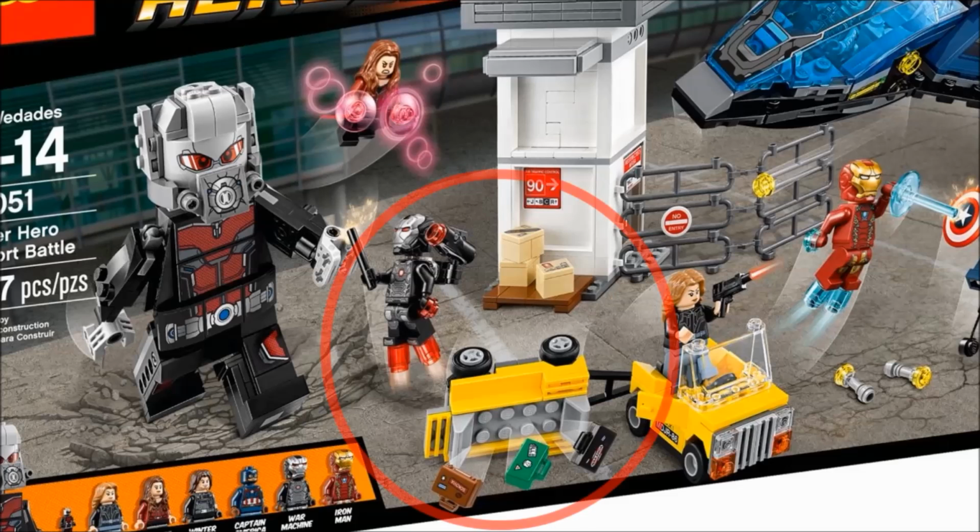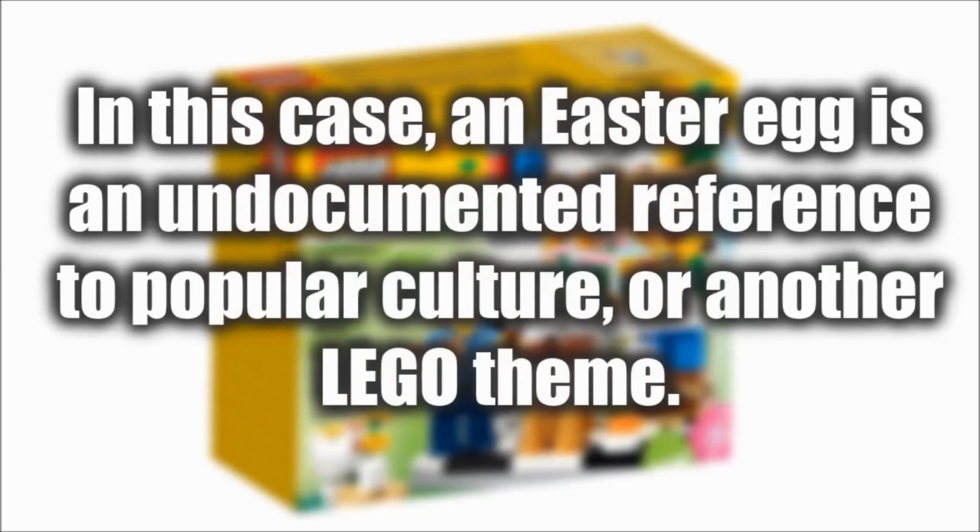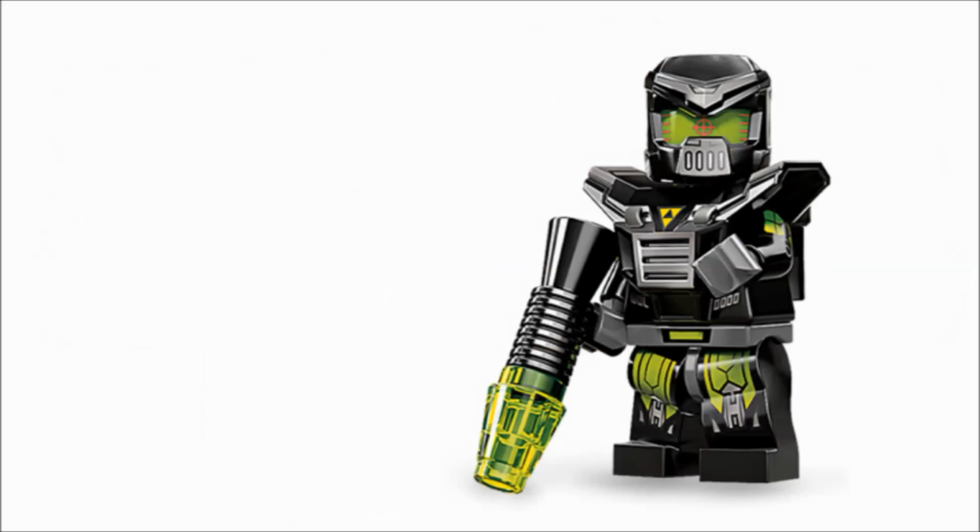Hello, Just Too Good here, and in celebration of the Easter holiday, I'm listing my top 25 favorite LEGO set Easter eggs. A little Easter egg is just a reference to something else. It could be a pop culture reference or a reference to another LEGO theme. There's hundreds of LEGO Easter eggs, so I'm just narrowing it down to my favorites, so you may not see